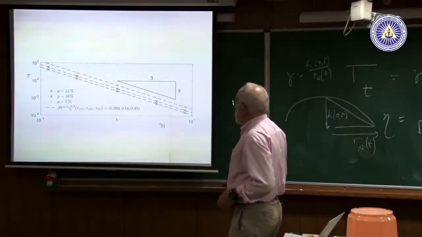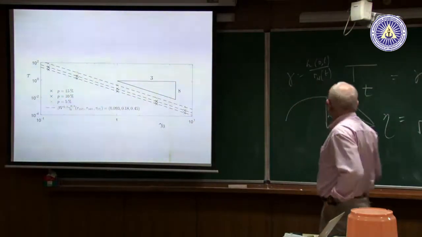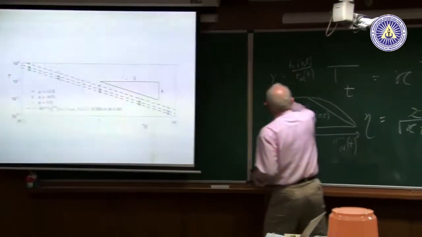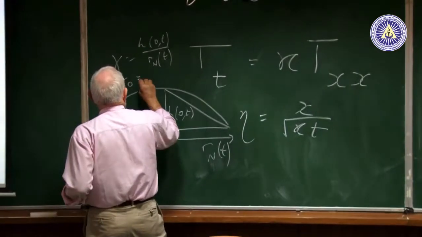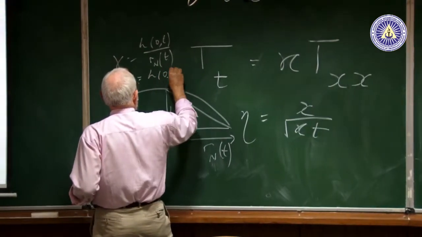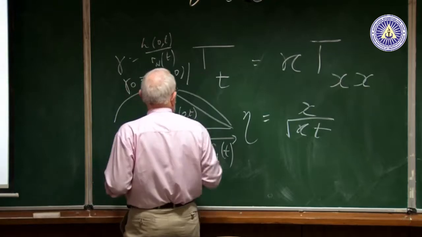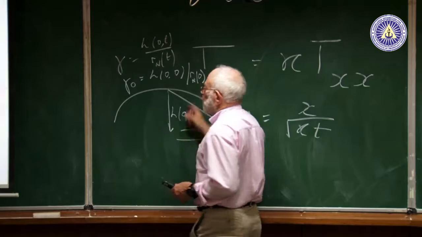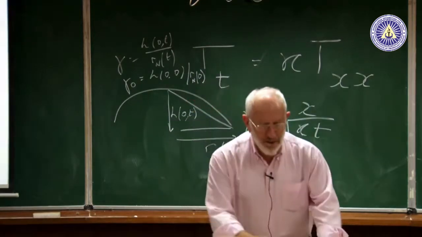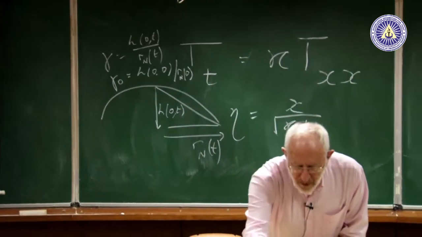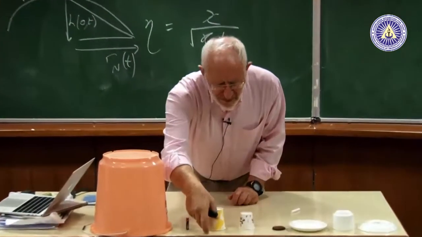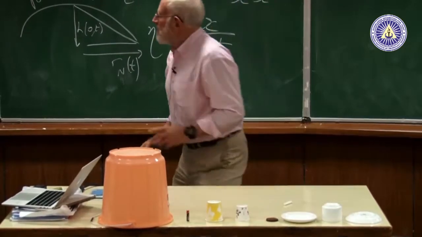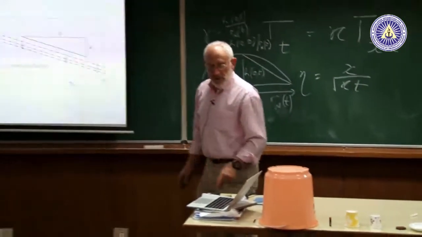Now I thought, how does it vary with gamma naught, this other parameter? And gamma naught is h of naught over the radius at 0, the actual. So that's the initial value of gamma naught. So the gamma naught of here is the ratio, the aspect ratio of this height to this radius. Of this one, it's this rather small height to this radius, and so on. And so I did it for the circular cylinder.